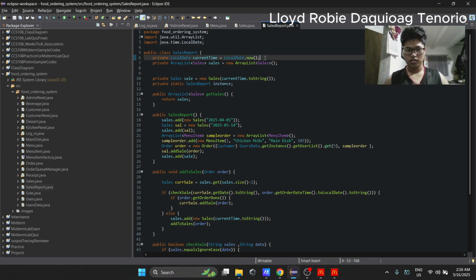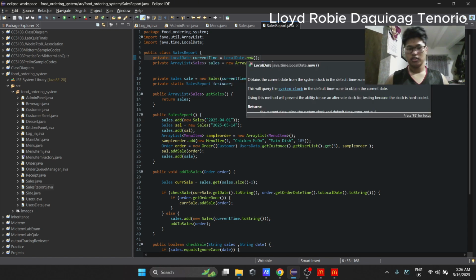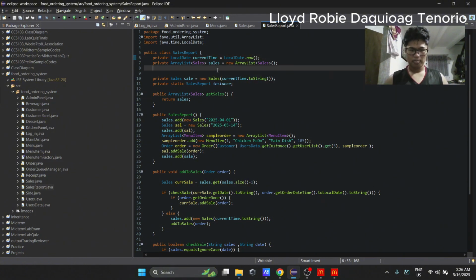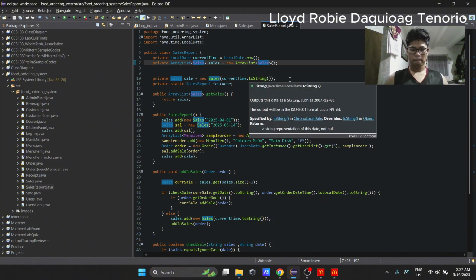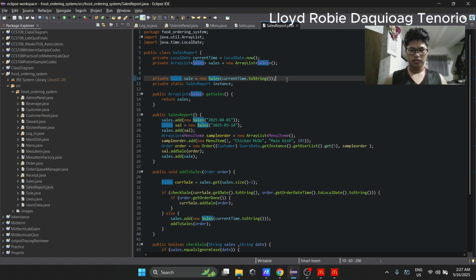So for example, the current date is May 15, 2025. The current time will store 2025 as the year, 5 as the month, May, then 15 as the day. Next, as I said earlier, we have the array list with sales equals new ArrayList. So we have instantiated a new array list that accepts sales objects.